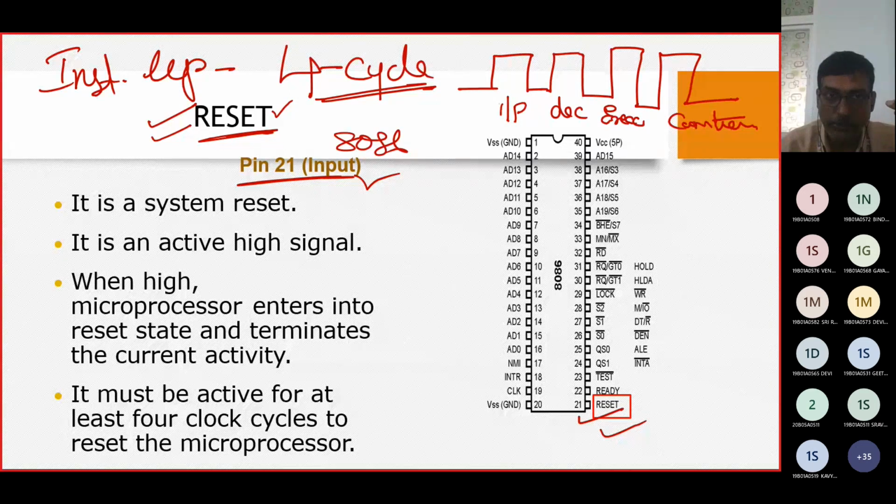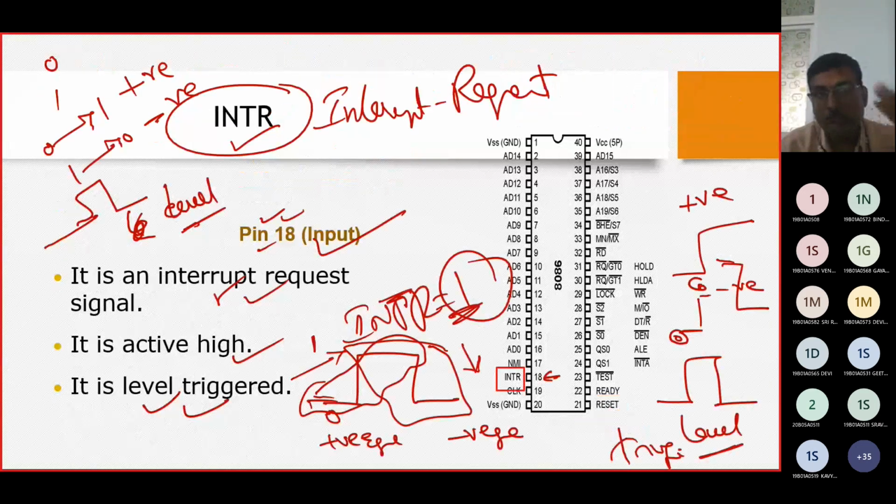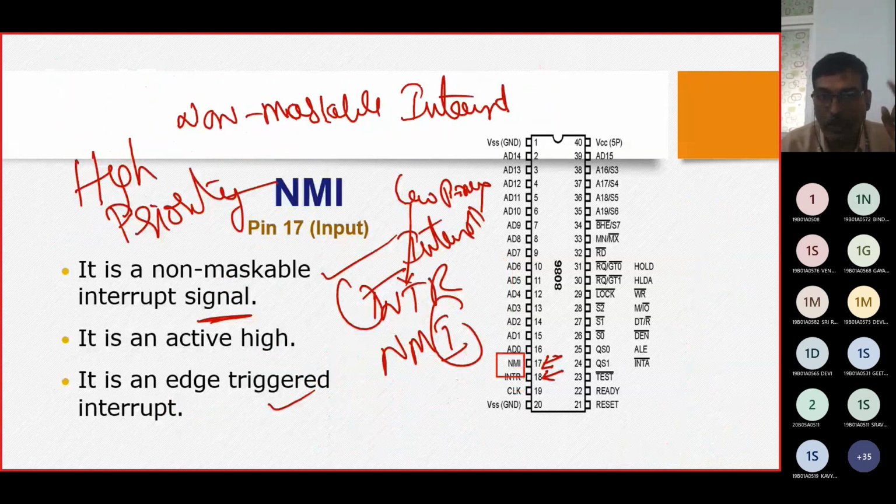The temporary storage content, which is in the cache memory and the primary memory, is going to be deleted. Next, every signal is going to be processed as an interrupt, and an interrupt is raised with a request called INTR. Then we have a non-maskable interrupt, which we call a high priority interrupt. Let us compare NMI and INTR: if both came at a time, NMI is going to have the highest priority.